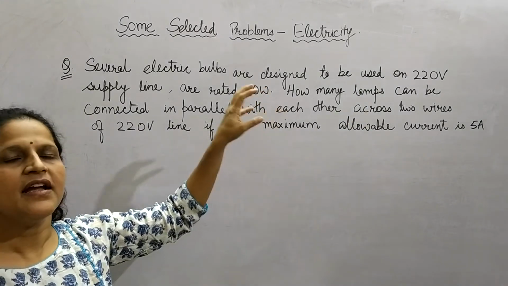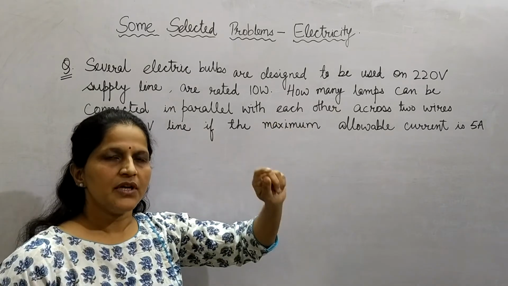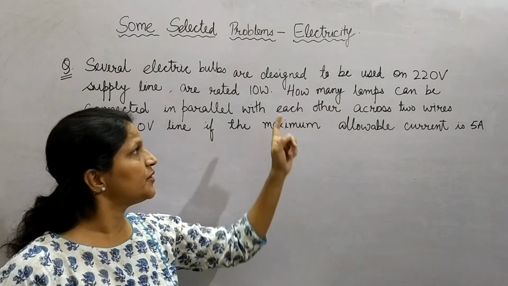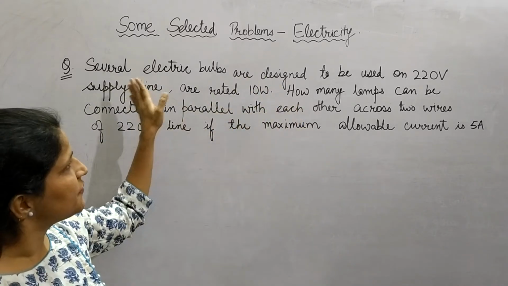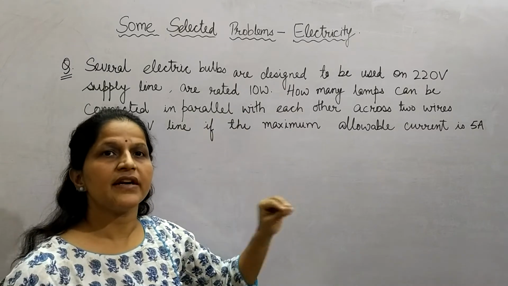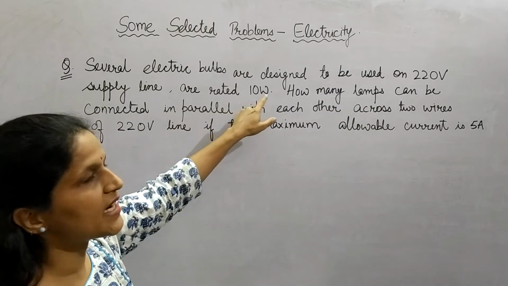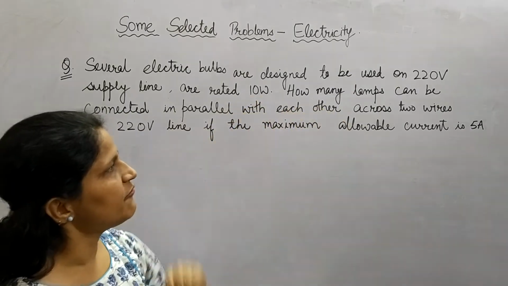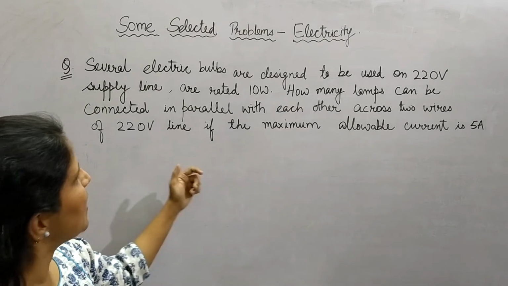इसका मतलब क्या है कि अगर 220 वोल्ट की सप्लाई में आप उसको लगाओगे तो वो in every second it will consume 10 joule of energy. This is what we mean by the first line. And this first line, in other words, is known as the rating of the bulb. So bulbs are rated in a manner of their power that they supply on a given amount of potential difference.